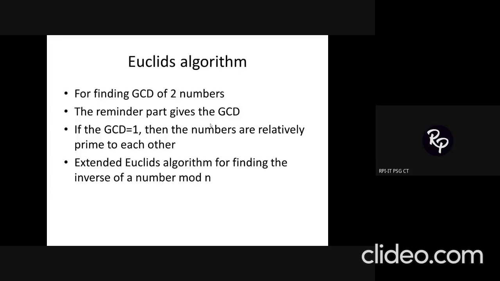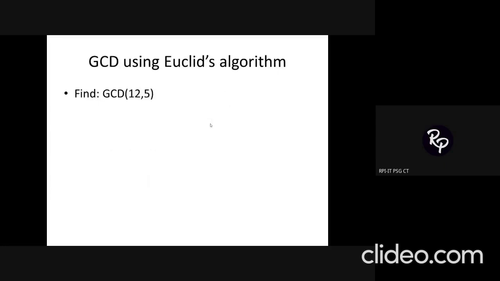We will see one example. Suppose the question given to you is to calculate the GCD of the numbers 12 and 5. Whatever the GCD value, the combination given to you might have a bigger number in the X part, or a smaller number in the Y part. In some other case, I may have a smaller number in the X category and the bigger number in the Y category.